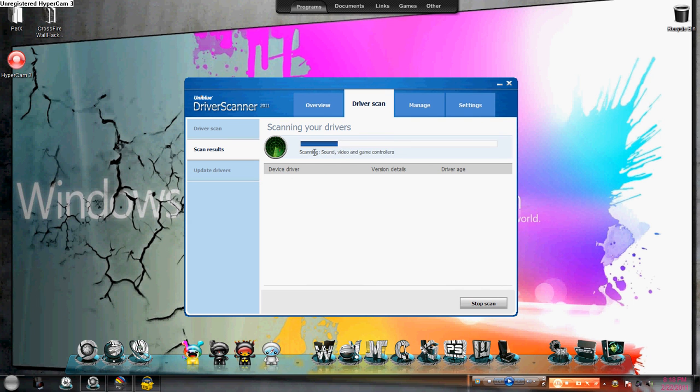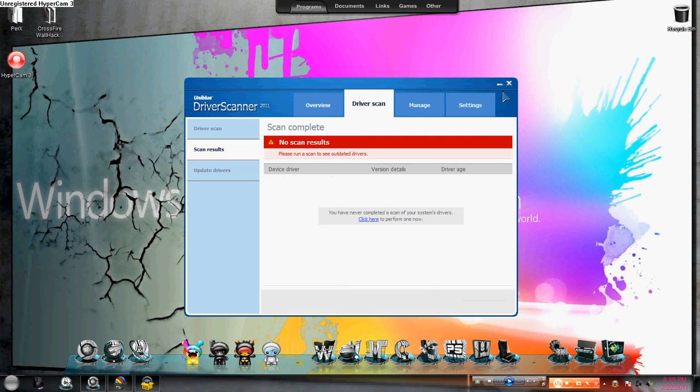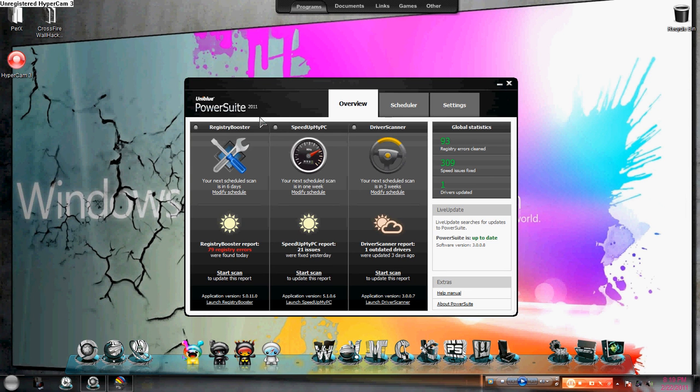It's scanning my computer for outdated drivers, and I think it will have no result because I just updated my driver, I think yesterday. I'll just stop it. And that's it for the PowerSuite 2011.